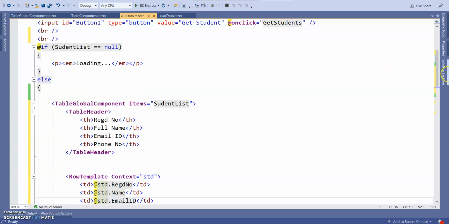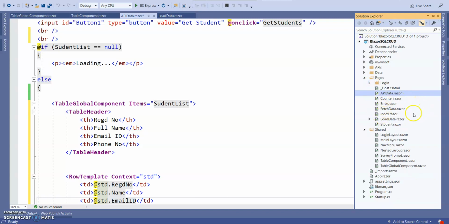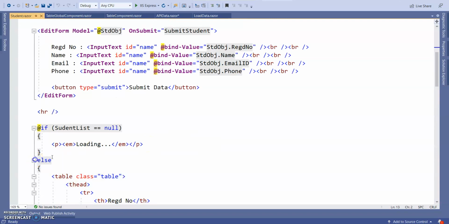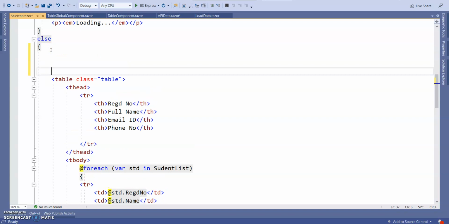The same thing I'm going to do in our other pages like SQL Core CRUD operations. So I have one more page here. Data here, not students, yes, this one. So here you can see this is our table. Same thing I'm going to use, completely the same thing I'm going to use here.